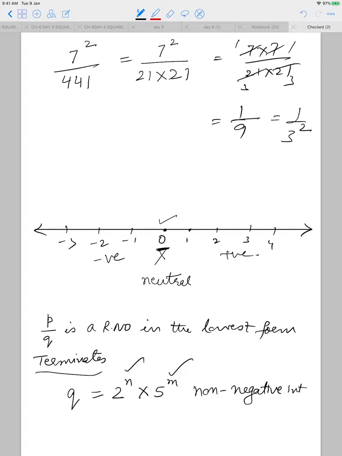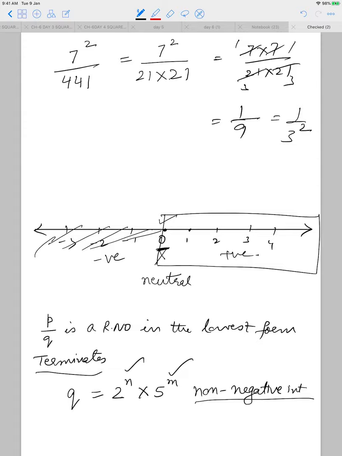So instead of saying positive integers, I will say non-negative. When I say non-negative, I am just removing from the entire list of integers the negative numbers. Leaving out 0, all the numbers on the left hand side of 0 I am removing. So I will be left with these numbers. These are called non-negative integers: starting from 0 and all the positive integers, they are known as non-negative integers. So you've understood the meaning. Now we will generalize it in the form of the theorem.